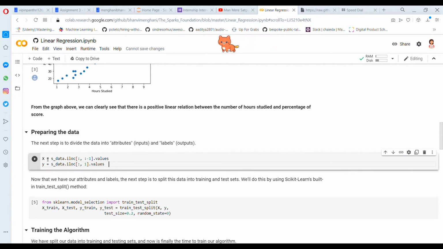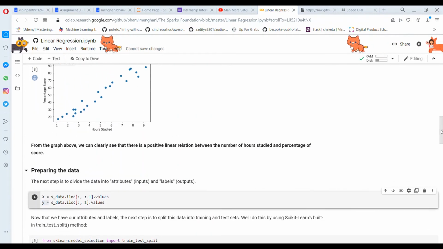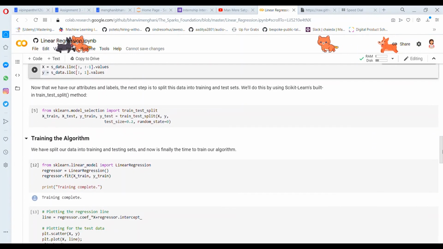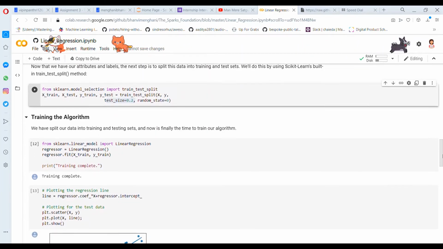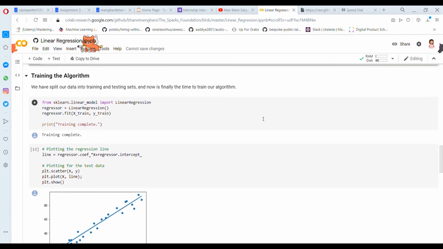We have separated the whole data set into two parts, the x data set and the y data set, where x contains the number of hours and y contains the marks they get. Then we have implemented a model. We have called upon train_test_split from our library, and we have provided a test size of 0.2, which is 20% of the whole data set, and we have split the data set into train and test parts. This is very essential to check the accuracy of our model.